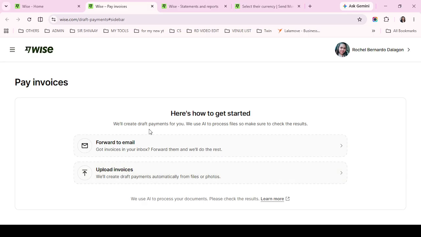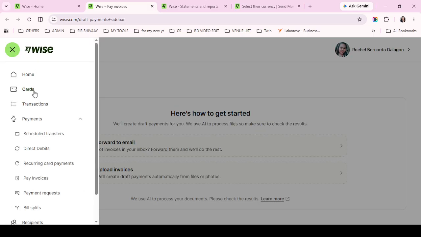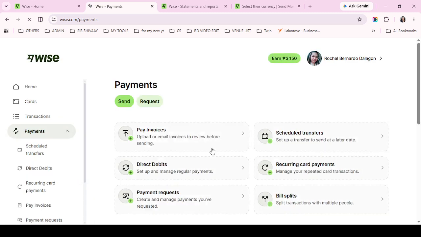Once everything looks correct, click Send Invoice. Wise will then deliver a PDF copy of the invoice along with a payment link directly to your customer. That means your customer gets both a professional document for their records and a simple way to complete the payment,